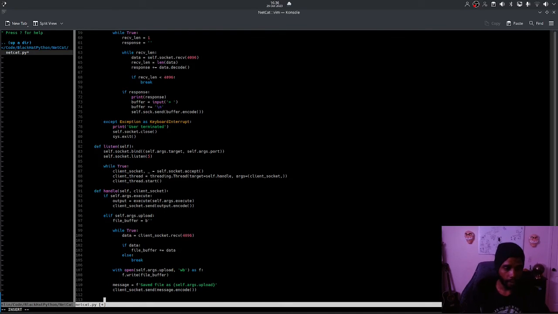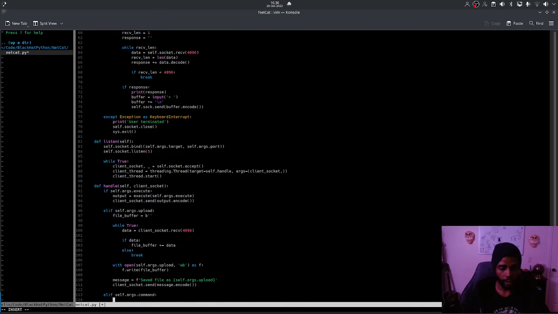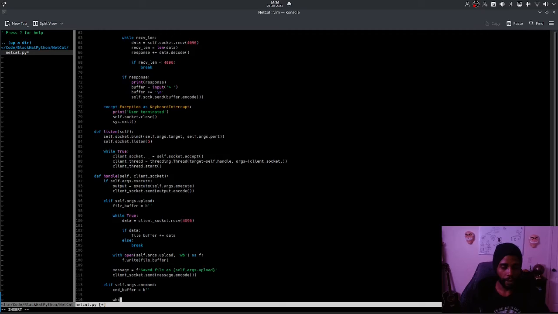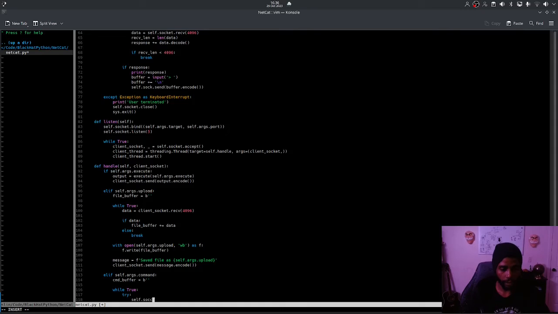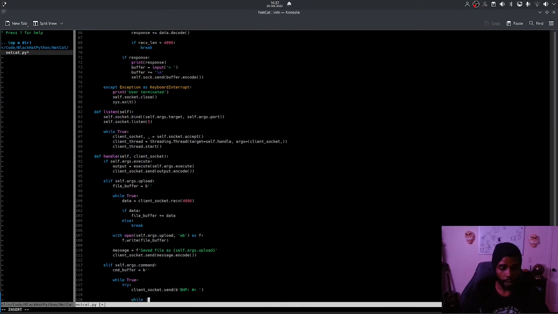That's that. So last but not least, elif self.args.command. If they are sending a command, cmd buffer equals, well, this is without an argument actually. Cmd buffer equals empty byte string, and then while true, try, and they're gonna send this client socket.send in bytes. This is gonna be like their command prompt that they're gonna receive, pretty much, right? And while there's no new line in that buffer,